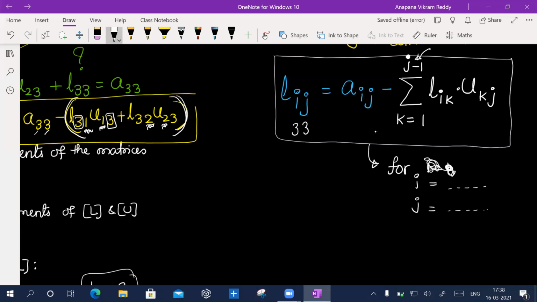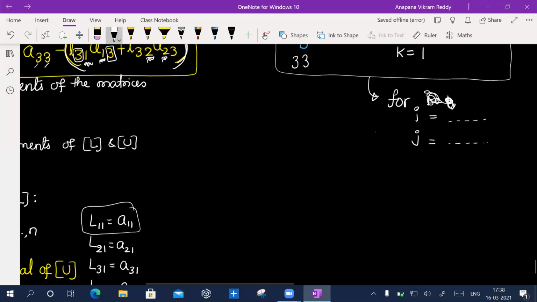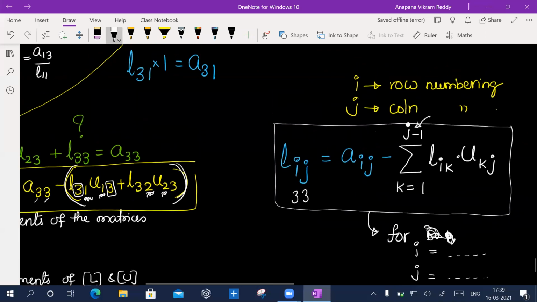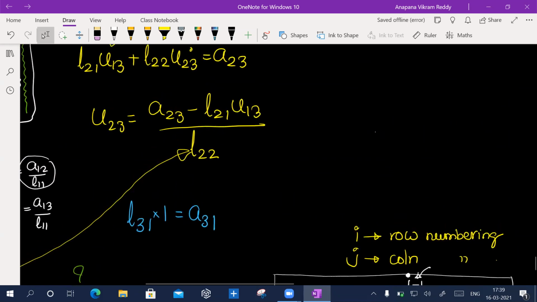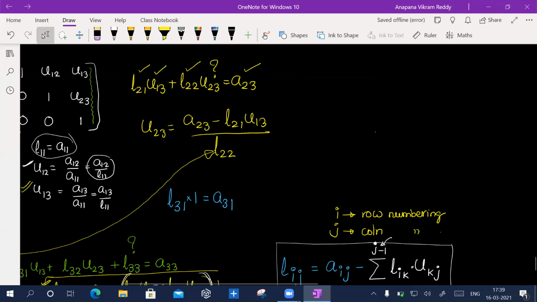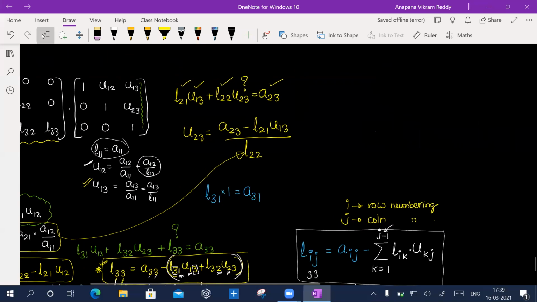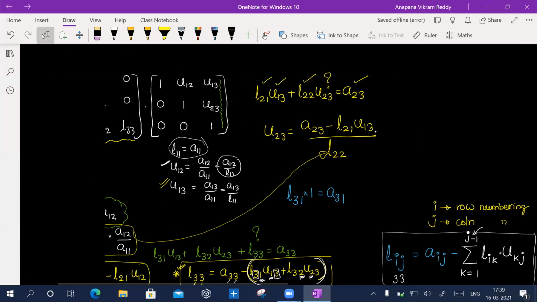Similarly, can you tell me what is Uij now? Can you find out what is Uij? For example, Uij means I have here U23.